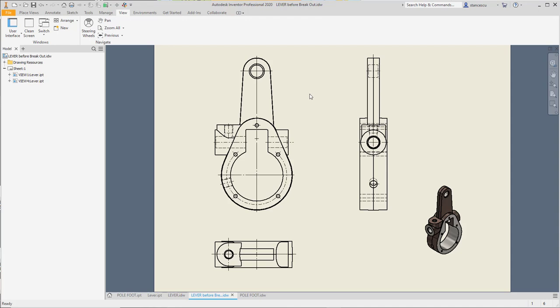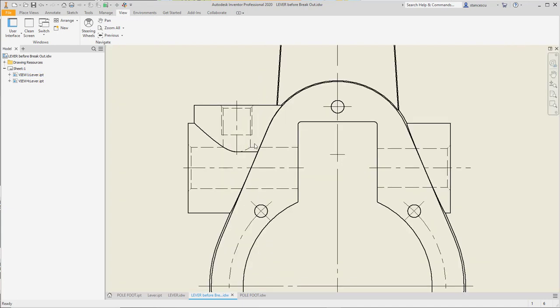Before to have dimensions, let's apply this tool,